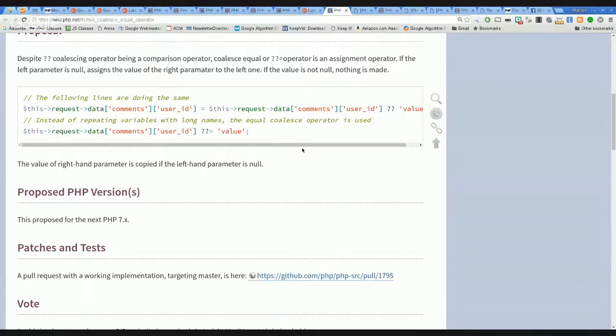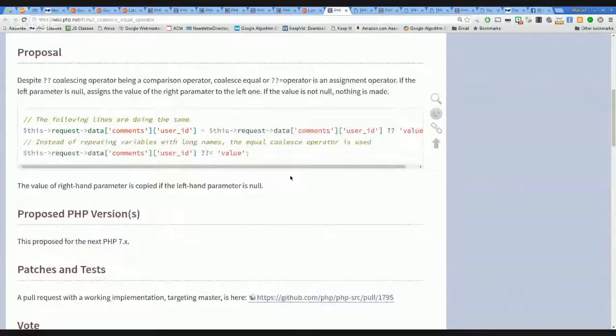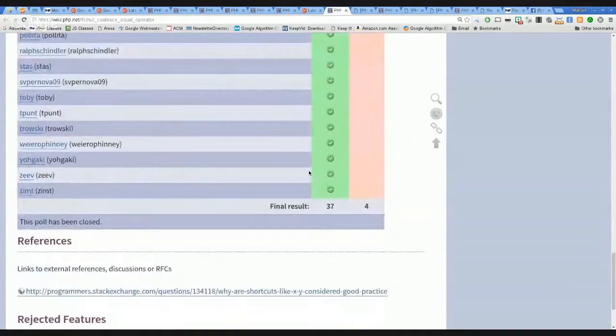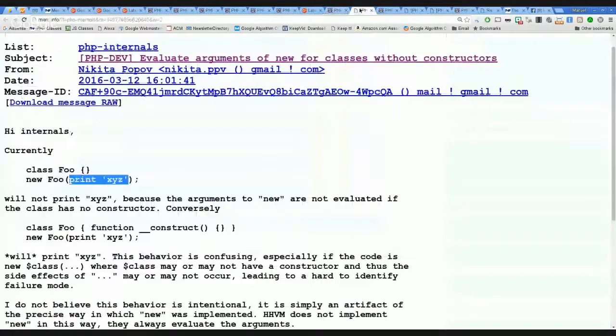Okay, this is something that is being proposed. I think they were already voted for it. Oh, exactly. I was just checking that, and since there were not many doubts about it, we will have it in the next PHP version. Okay. Oh, sorry. I stopped the screen sharing. So moving on to the next topic.